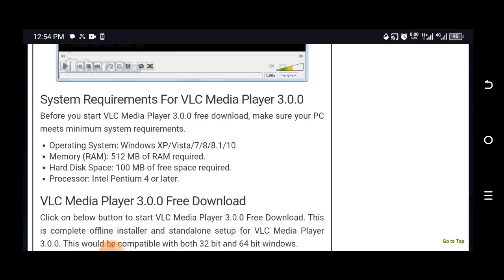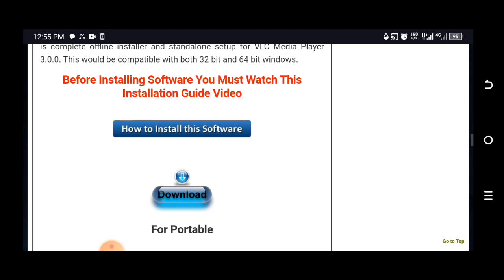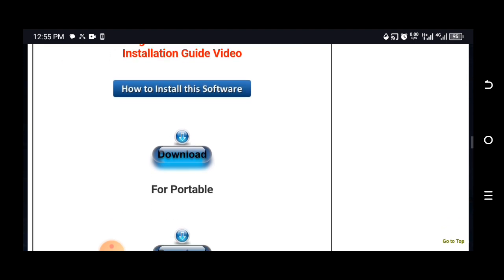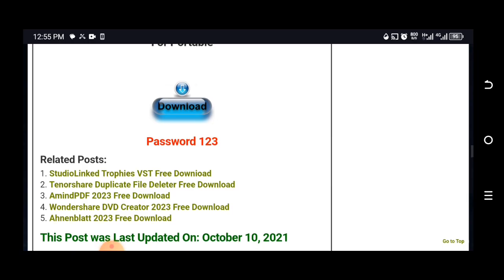So once you are doing yours, take time to read all of those and be sure of what you are doing. So now I go over to click on the download button. But before I do that, I'd like you to see something else. You can see it says password 123. So take note of that password 123, so that when you want to extract the file, because there's a process